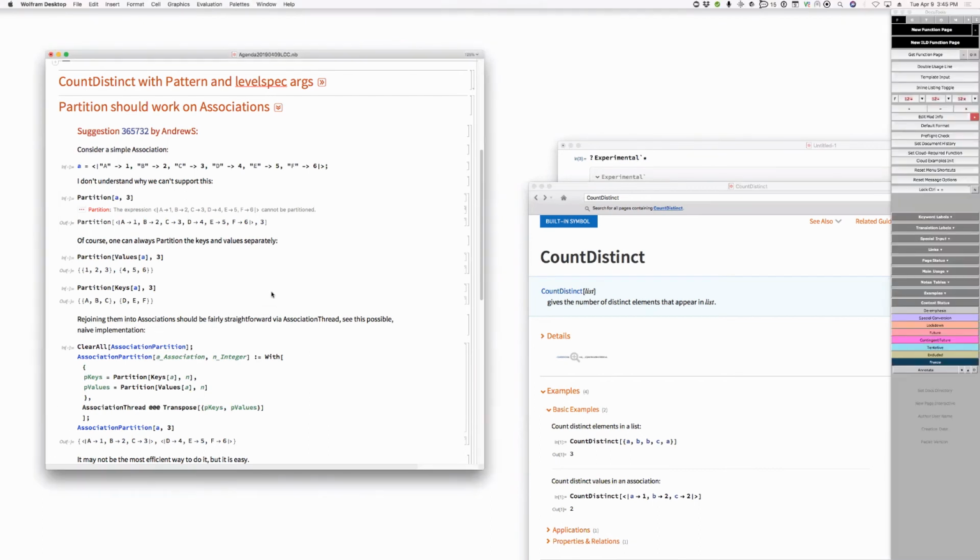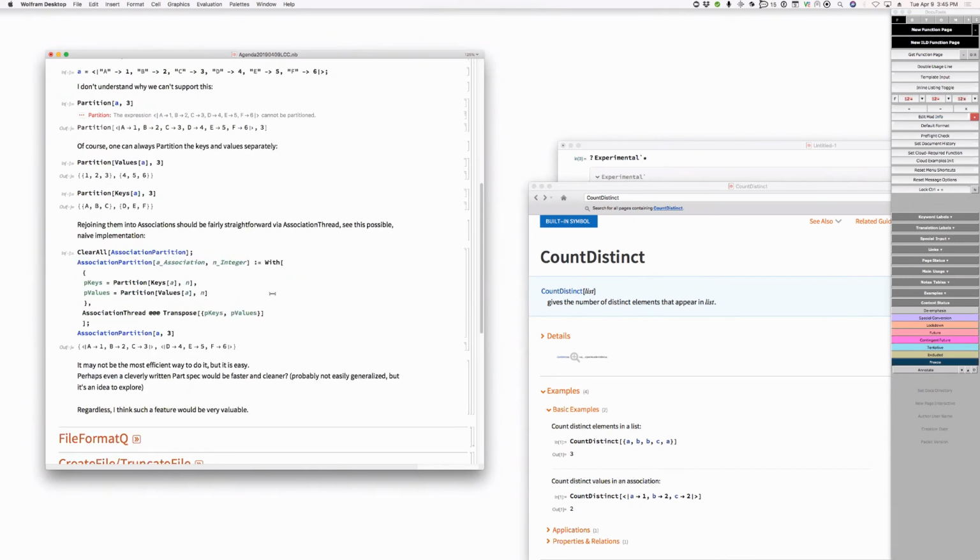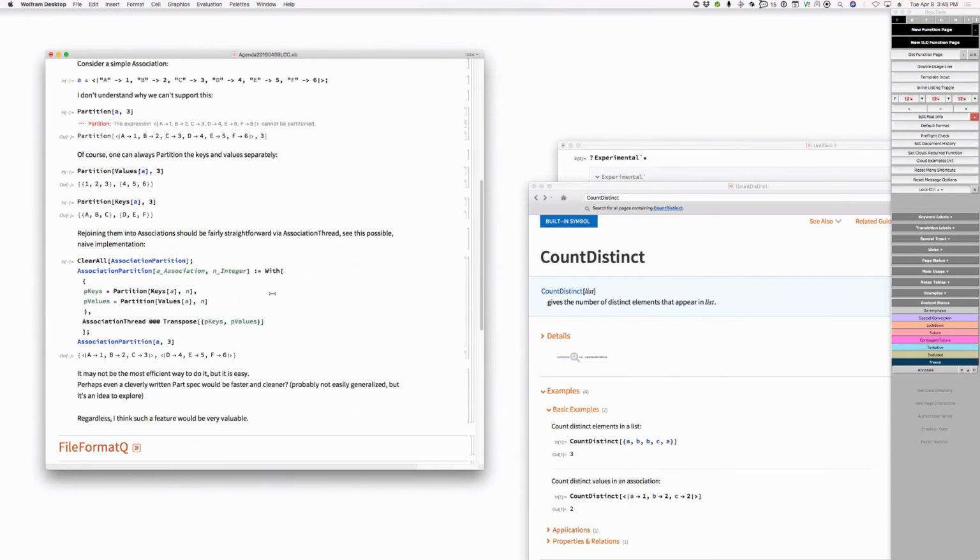Oh, what is this? Partition should work on associations. Right, this is a suggestion, and I don't know that I agree. And even if I do agree, it's not obvious what it should return, because partition doesn't take arbitrary heads, and